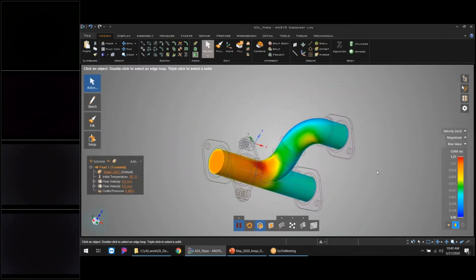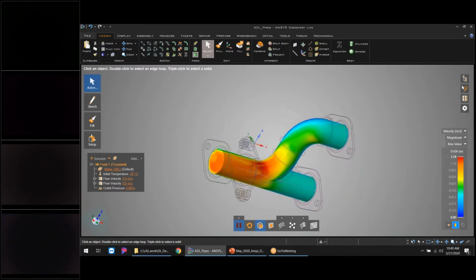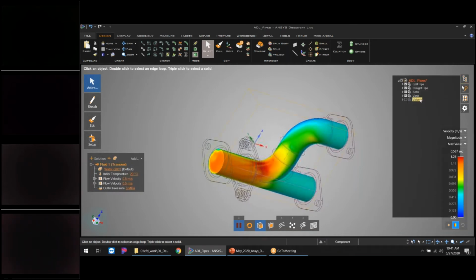And right now I'm getting fluid results. Literally within a few seconds, I have capped my geometry. I have created a fluid volume within the internal pipes, and I have begun solving. So let's look at exactly what happened. On the left-hand side, I've actually created all of my physics. So I have applied water to that volume. First off, if we look up here, I've actually created that volume. So that happened on the fly.